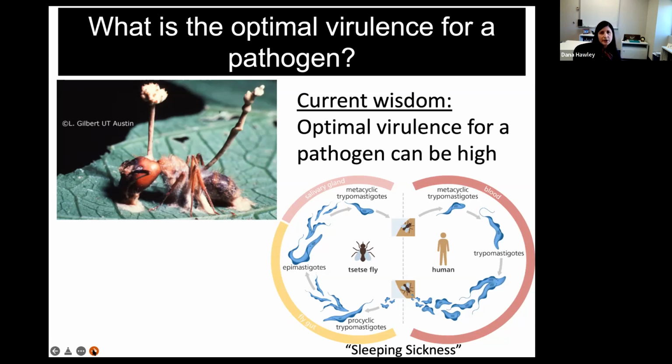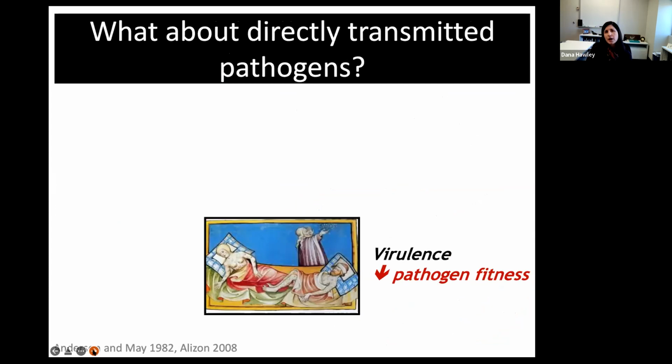The types of pathogens that have been a bit more paradoxical here are the directly transmitted pathogens, because these are the group of pathogens that we expect really rely on their hosts being both alive and mobile to transmit. And so we generally think of virulence as having a strong negative effect on pathogen fitness by essentially limiting opportunities for transmission. So the trade-off model, which I'm sure many of you are very familiar with, helped resolve this paradox by essentially